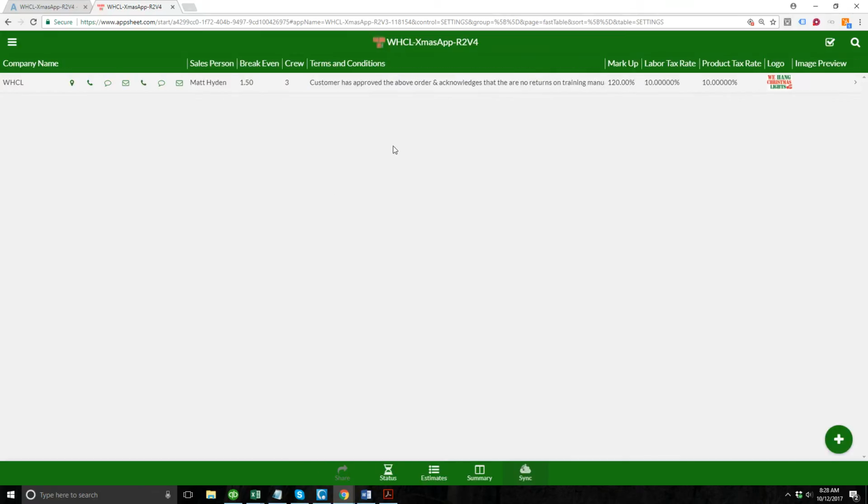This is all the information that's going to transpose over to the estimate that's being sent to the customer or to your sales rep, whoever that may be. So right here you can see I've already got something in here. You can only add one company per login. So if you want multiple logins, you need to send us multiple Gmail accounts so we can get you set up. So initially what you're going to do is click on this little plus here,